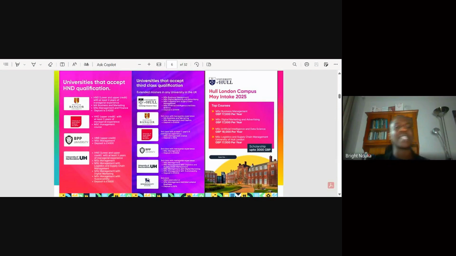Then universities that accept third class qualification are also very limited. So what I always tell people, any young person I know, for most of us here, this is the Senior Friends Forum, and most of us here have graduated already. So this may not be very important or useful to us, but for anybody I see on campus, gone are those days where we try to say what you come out with does not matter.